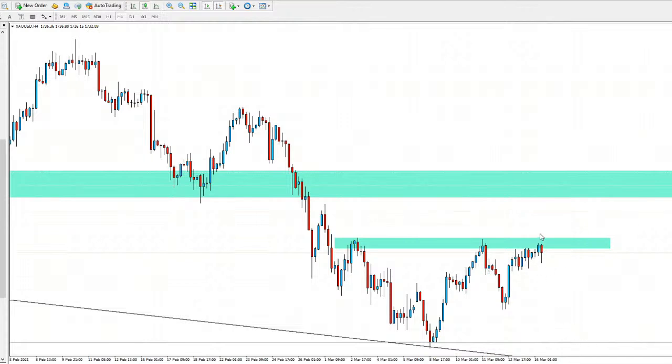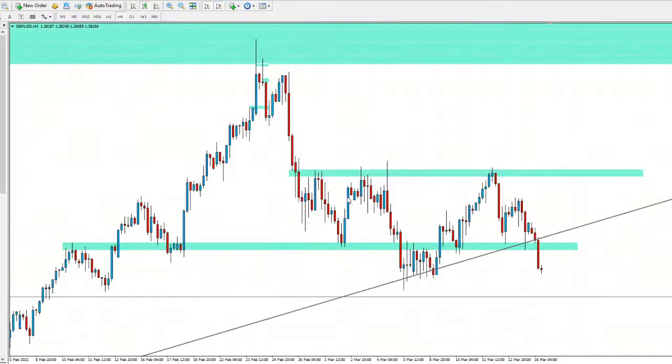However, if we close above and start holding, we could see price come all the way back to the highs again, and back to that key level, which is around 1770. So for gold, the key level here determines direction, and for GPUSD we probably want a daily close below that trend line,